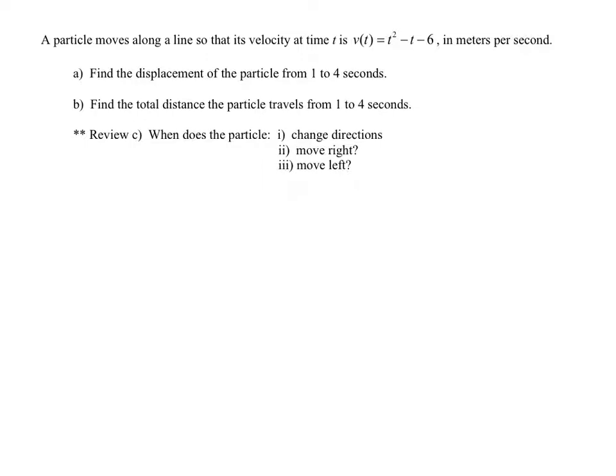A particle moves along a line so that its velocity at time t is represented by the function v of t equals t squared minus t minus 6, in meters per second. So we are asked to first find the displacement of the particle from 1 to 4 seconds. Let's start there. So remember, displacement is going to be just the integral of the velocity function, because that's going